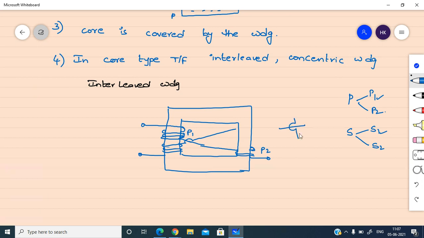What does it mean? When I indicate two wires like this, what does it indicate? Anyone know about it? Suppose I draw the two wires like this, it means these two are joining at this point. Suppose I draw these two wires one upon the other, it means they are not connecting, they are not connected.